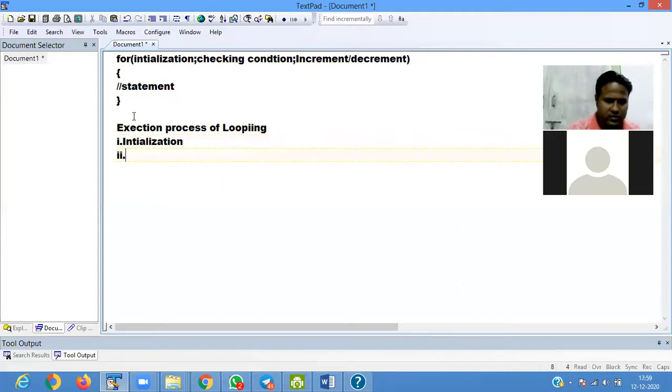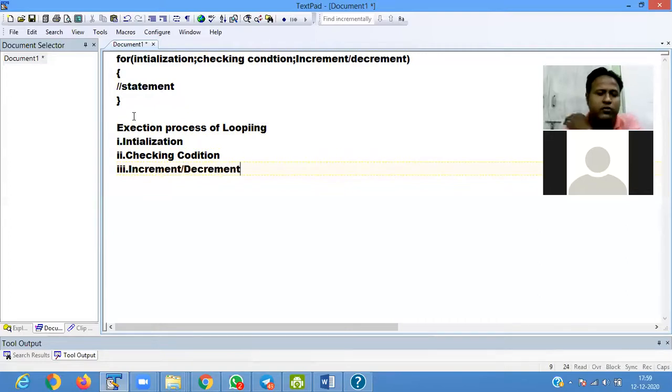Next is checking condition. Next is increment and decrement. The first is initialization, checking condition, and increment and decrement.